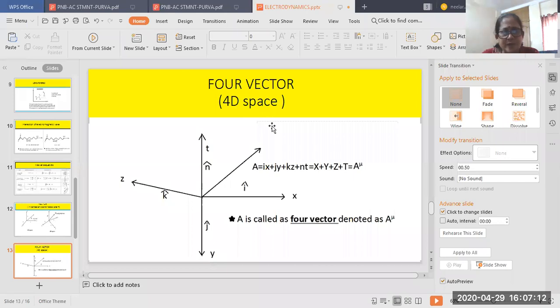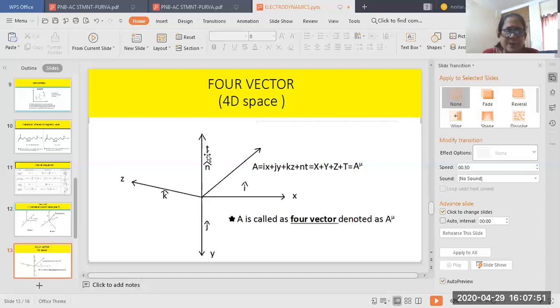So what is the 4 vector now? This is a vector represented in 4D space. So what is a 4D space? 4-dimensional space having 4 axes, x, y, z, and one more axis. There I took it as v, but here I am taking it as t. So t is the time. x, y, z, they are the Cartesian coordinates. They will help you to locate the position of the particle which is moving. A particle may be a particle, or it may be a person, it may be an object, it may be anything.